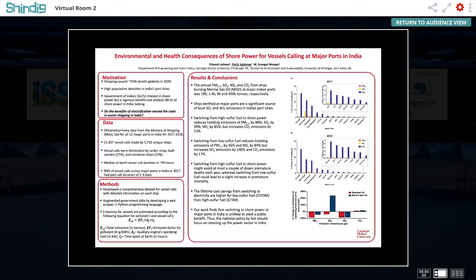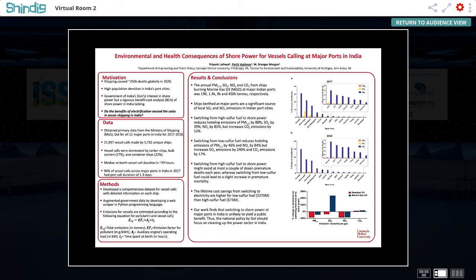And of course, if you compare that to road diesel, that is in fact a very high sulfur content for the fuel. Another practical impetus for the study was that the government of India is actually promoting shore power in a number of ports. And so we wanted to check whether this made sense.